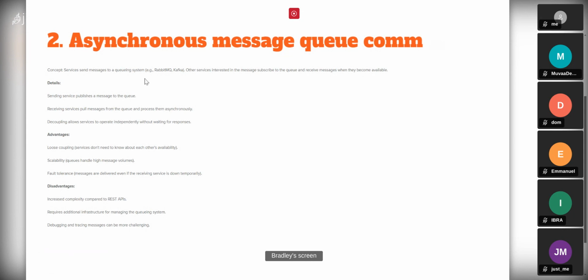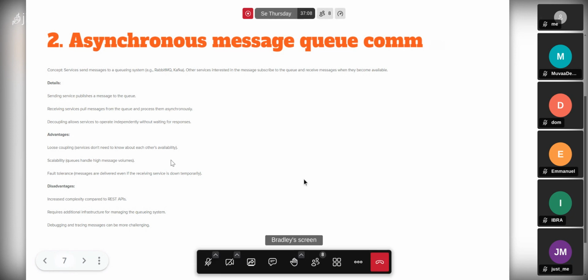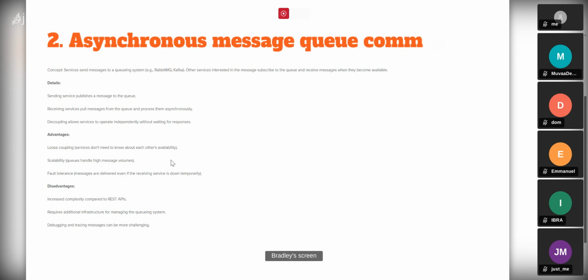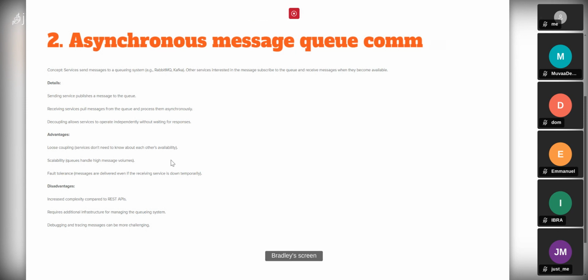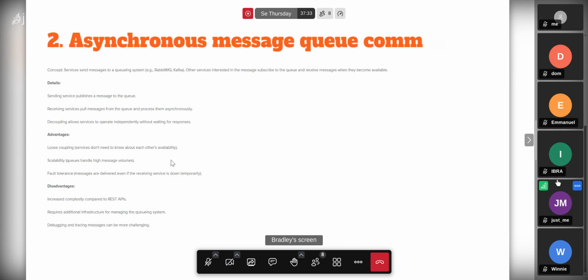So when a message is stored in a queue, it can be processed by the microservice when the microservice is available. Maybe it was occupied by a certain service. When it is available, instead of just waiting aimlessly, you can spin up a lot of microservices to handle the message queues in an asynchronous fashion, to minimize the amount of time it takes to process those messages if there are a lot.